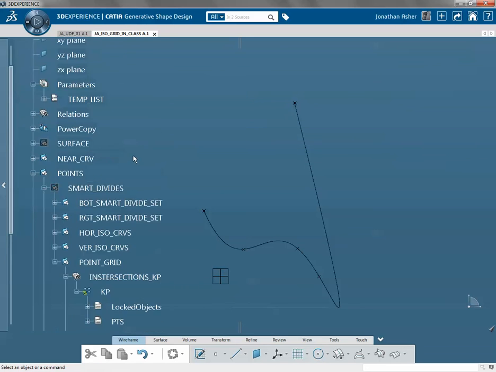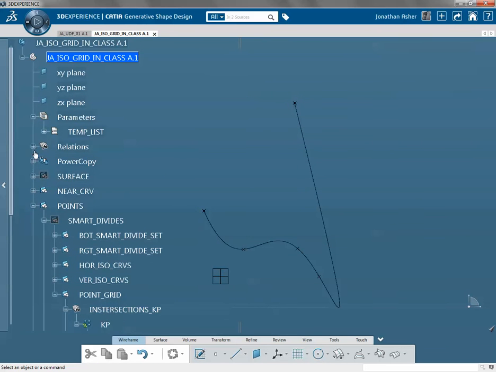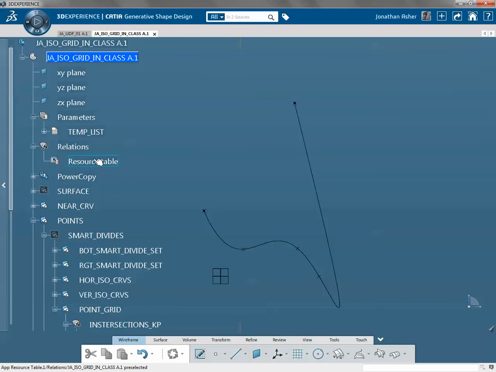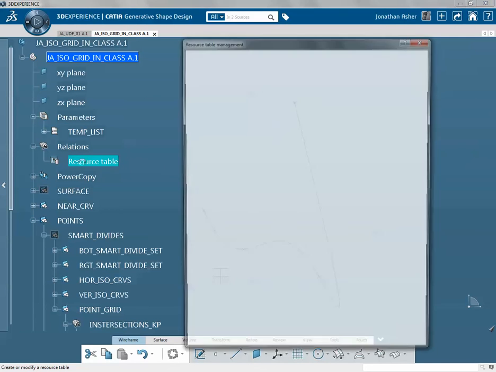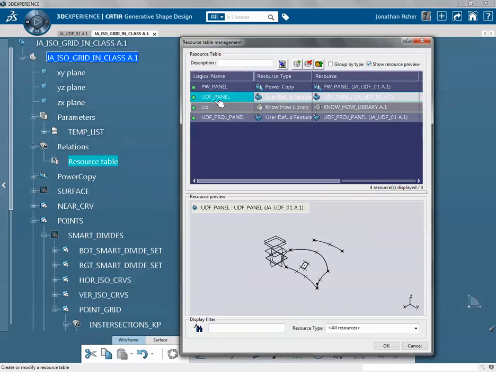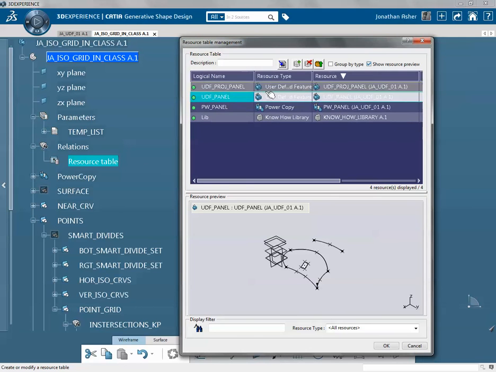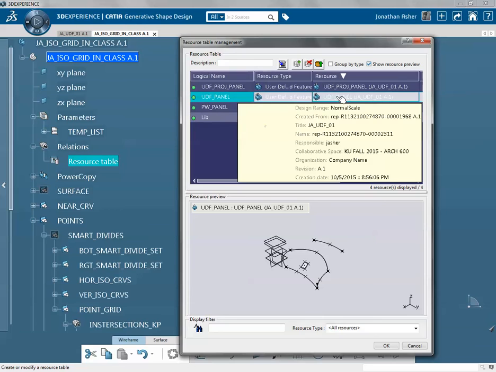Now we want to go to the resource table. Inside the relation set, there's a resource table, and we're going to relink the power copy or the UDF that we instantiated to the UDF that you just saved. So go to resource table, double click on resource table, and where it says UDF panel, the second in the list, where it says in the resource tab, double click on that,